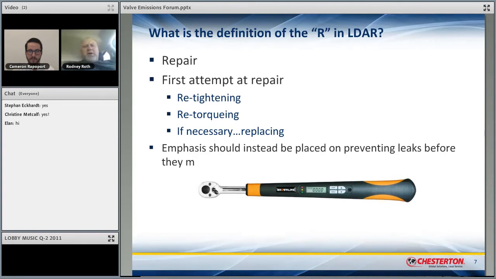So actually, it is my goal, and what I presented to the EPA, that we remove the R from LDAR and change that to a P eventually for prevention, because if valve packing gland flanges are maintained effectively, there's a good chance that the need for repair is not there. Now, there is a 5 to 15 day rule in all of these LDAR programs and in consent decrees where they must make that attempt, and in all actuality, they must make that attempt twice.